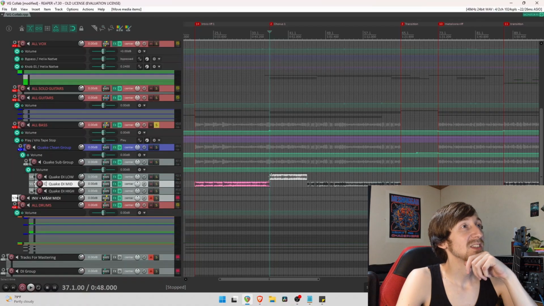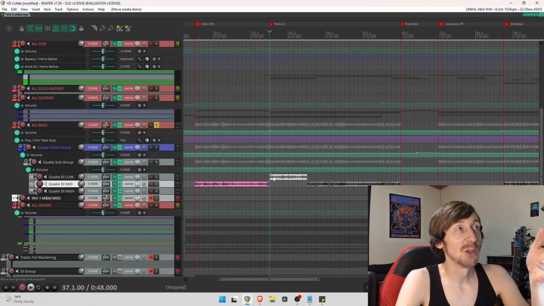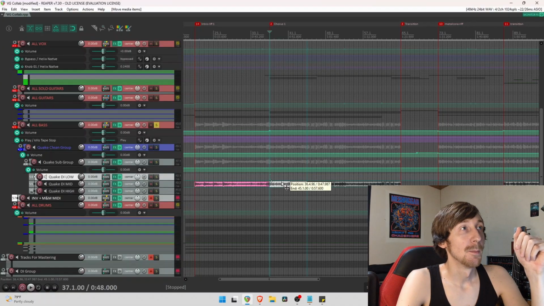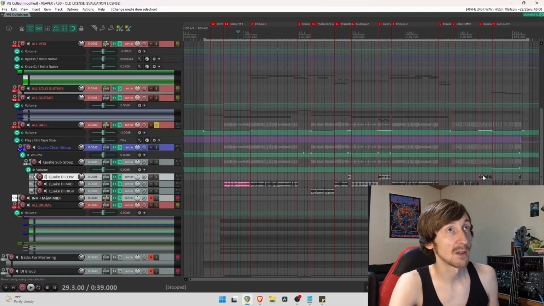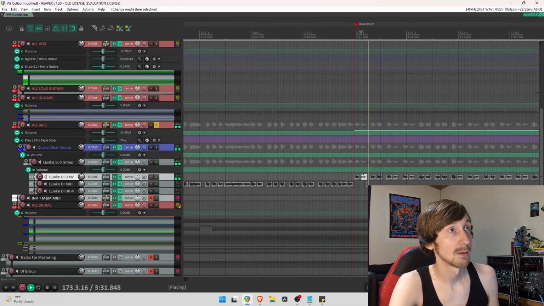Now, it may sound like the low one is not actually the low one, right? It sounds a lot brighter, but I'm doing this based on the section itself. When I'm playing low octave stuff on the bass, that's when you're going to see a low octave track, right? So like the breakdown here at the end of the song. If I were to move these down to the mid,